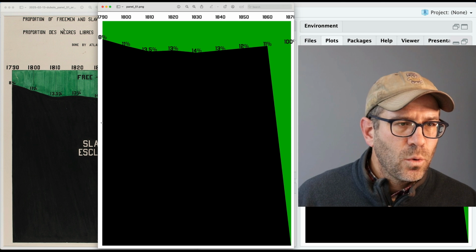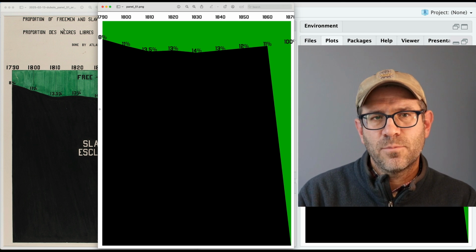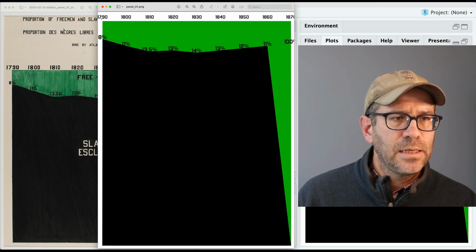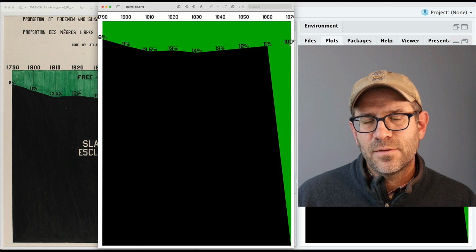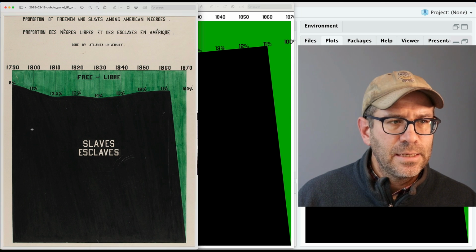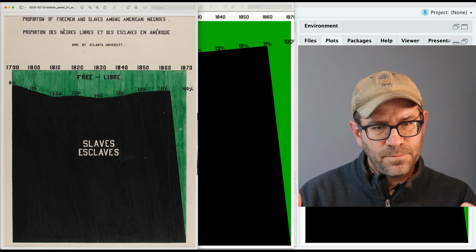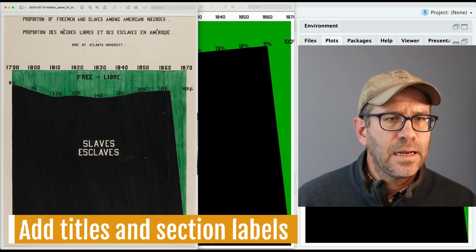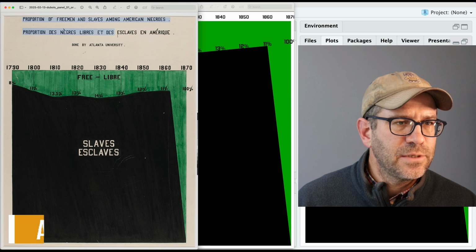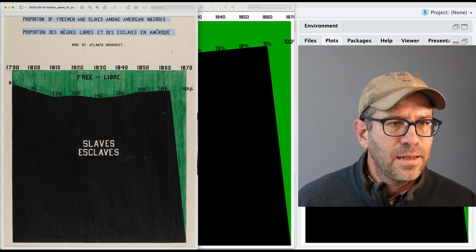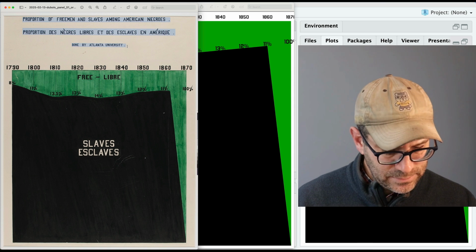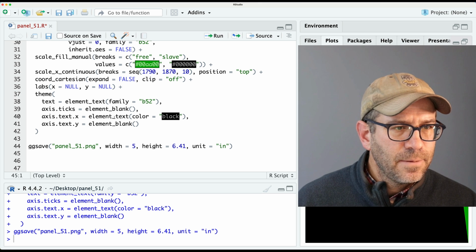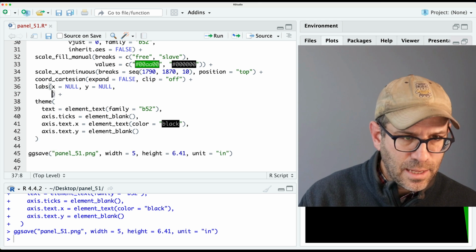Very good. We're going to be wanting to play with the margins a little bit because as you can see, the 1870 and the 100% go off the right side. And so we'll want to kind of tidy that up, but we'll do that in a bit. Let's go ahead and add in the title. And so I'm going to see if I can highlight this and I'll get all 3 lines. So we'll copy that. And then down here in labs, we'll have